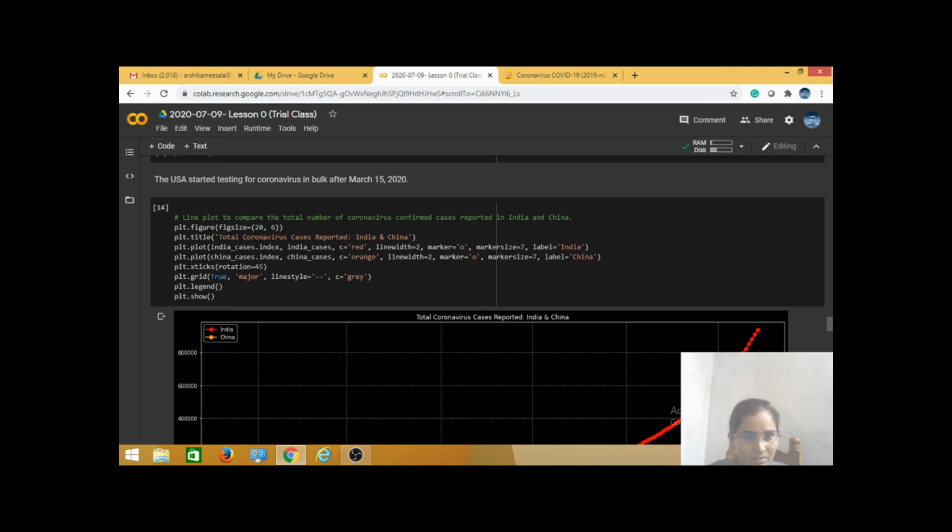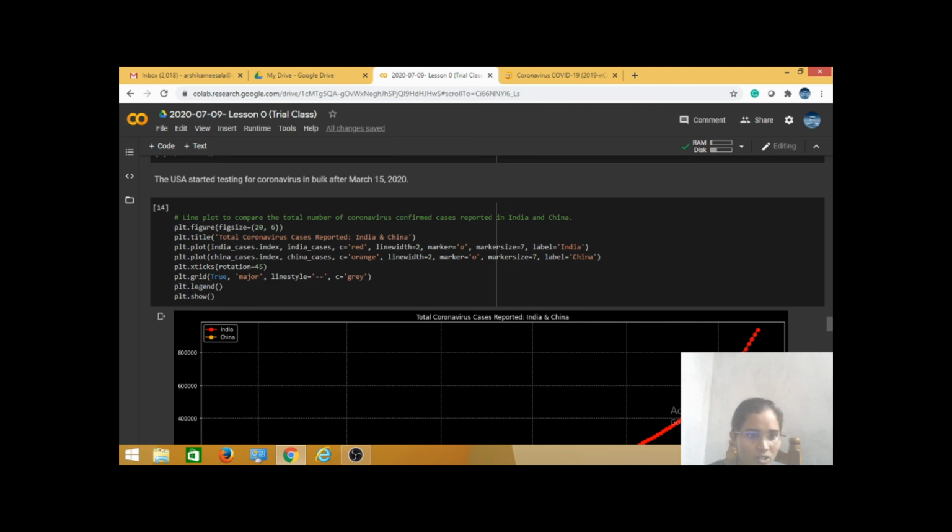After that I gave the title whatever I needed, and next one is plt.plot. Here I am plotting the lines because I am comparing two countries. That's why I need to plot two lines, so I am using the same statement two times. After that I rotated my x label by 45. That's why I am using this xticks rotation equal to 45.